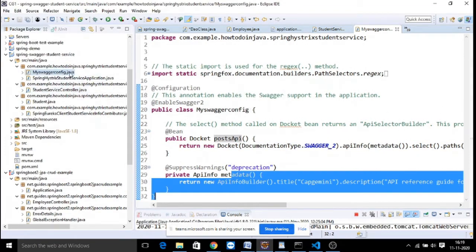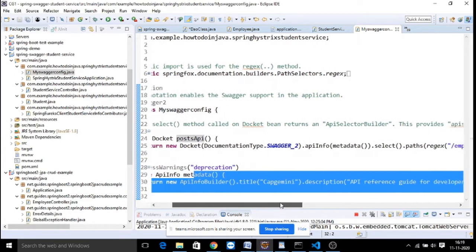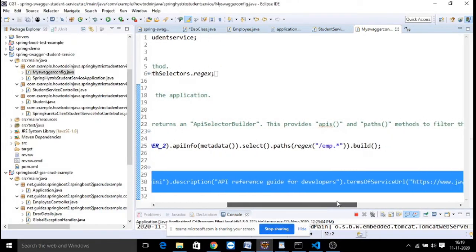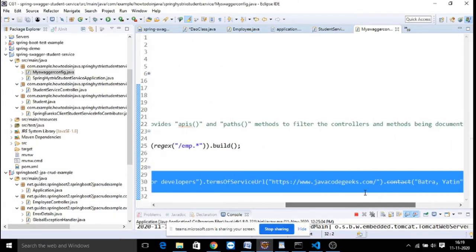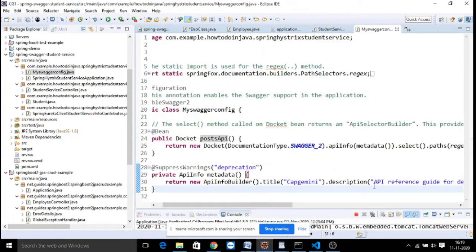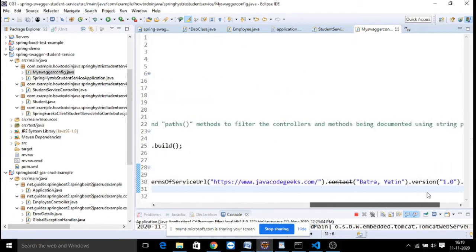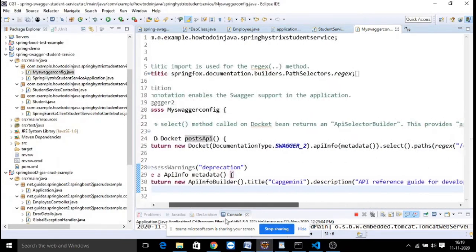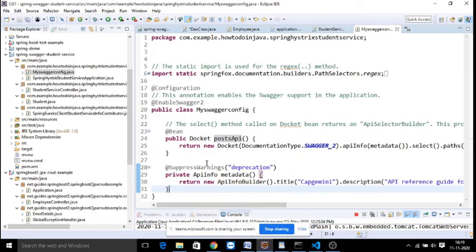Metadata means details about your application for the documentation: the title of your application, the description, any terms you want to maintain, the URL you want to maintain for your application, the version of your documentation, and who is the contact person. Such metadata information you can give. That's all about the configuration file.